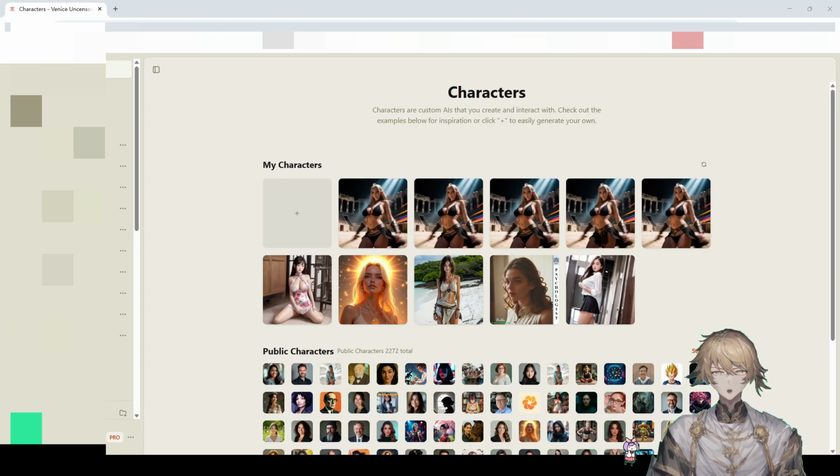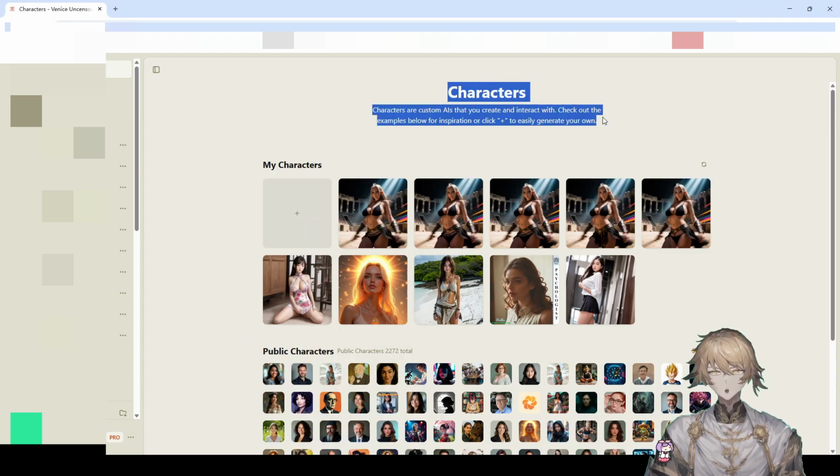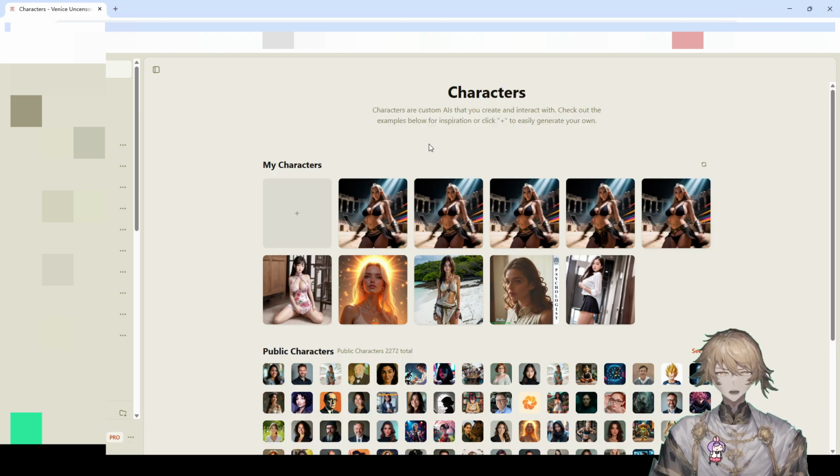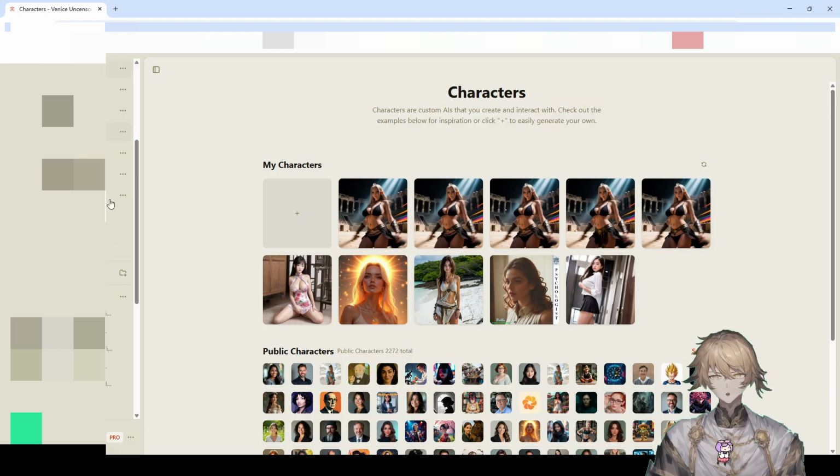Today I'm going to introduce you to how to use Venice AI. This is the most powerful and uncensored tool currently on the market, that offers users very uncensored control. And it's really powerful right now because